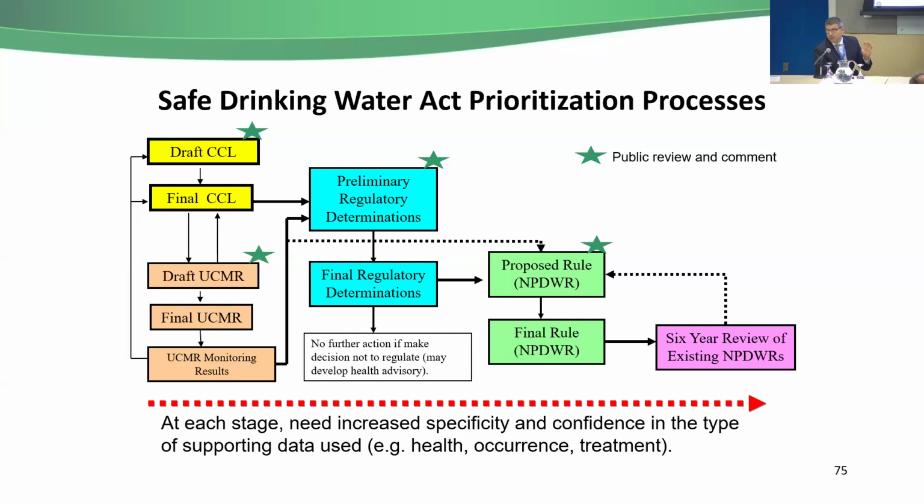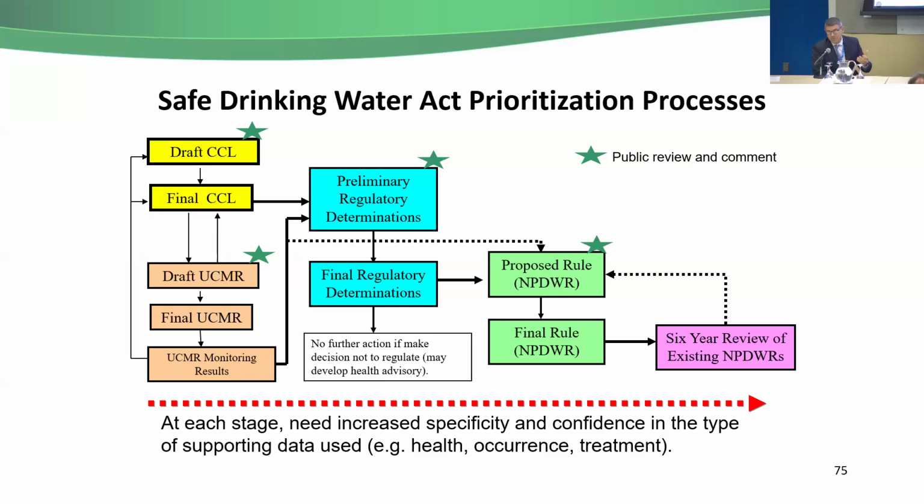The purpose of that process is to get a handle on the frequency and level at which these unregulated contaminants occur in public water supply systems nationally. It is designed to give us information that we could use to then consider in our subsequent regulatory steps, including whether or not we want to put it on our list, or in the next step of the process, regulatory